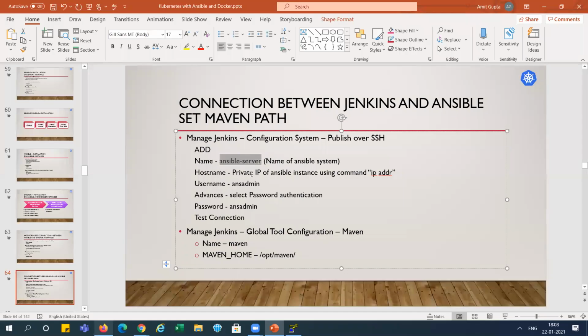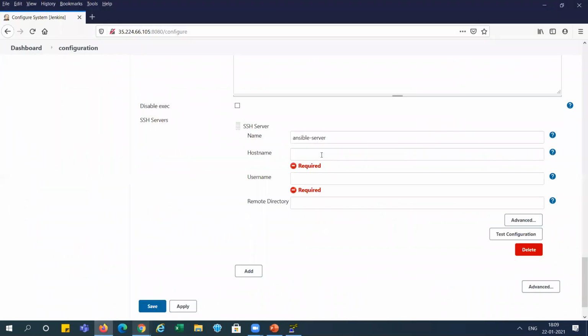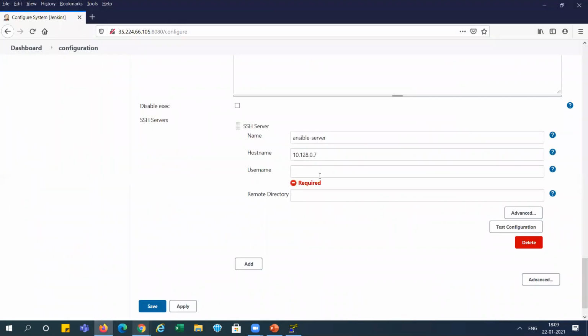And for hostname, you give the private IP of the Ansible instance, right? So we can see what the private IP for the Ansible server is. This is the private IP for the Ansible server. I'm pasting it here.